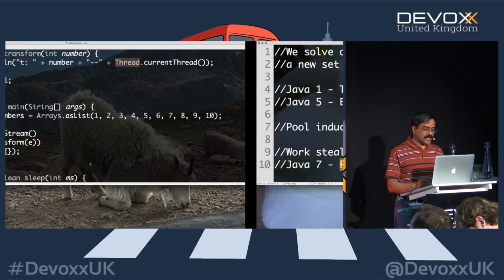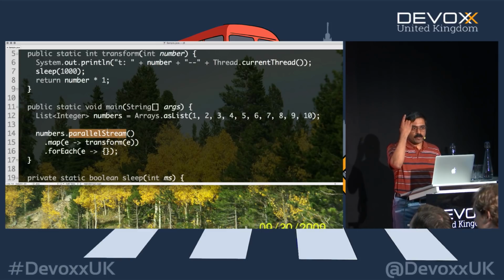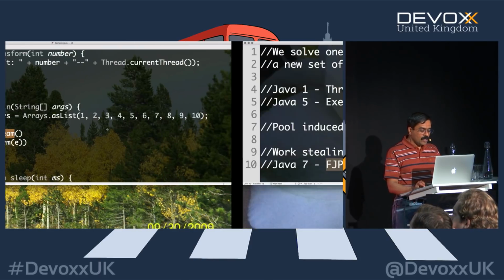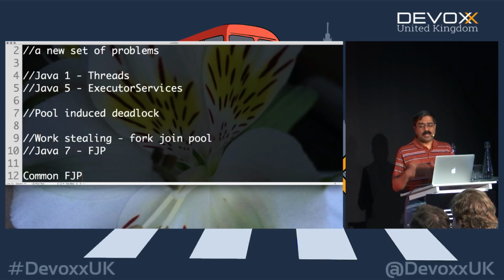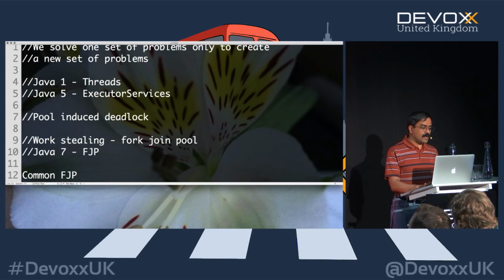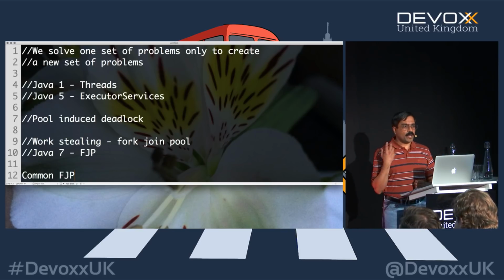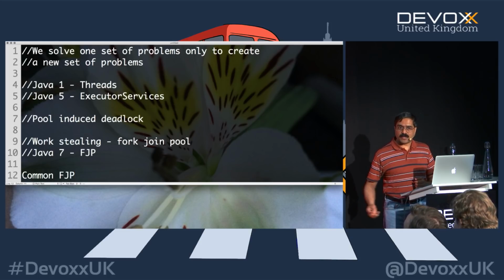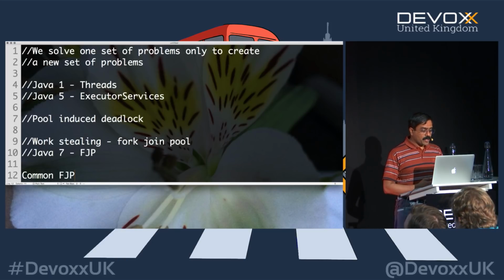So where I'm getting to with this is that Java 8 uses the Java 7's fork join pool for parallel streams. But of course, there is also what is called a common fork join pool. And what is a common fork join pool? It is a pool that is maintained by your application, and you can simply use that pool, and that's what the parallel stream uses. It is something important for us to keep in mind because we're using that common fork join pool anytime we use the parallel stream, unless we have other configurations to override it, which we'll talk about a little bit later. So it's going to use the common fork join pool.